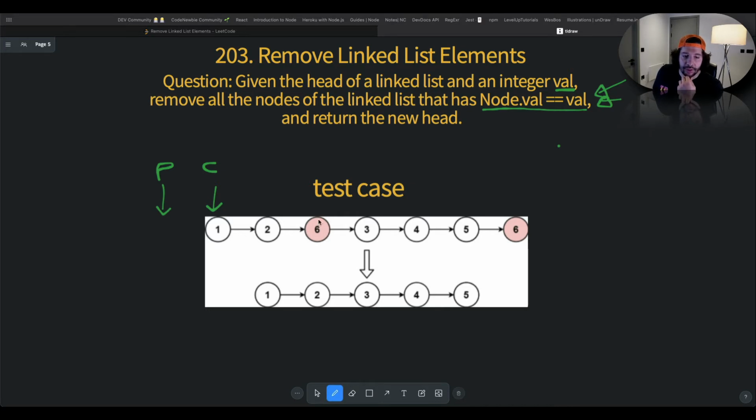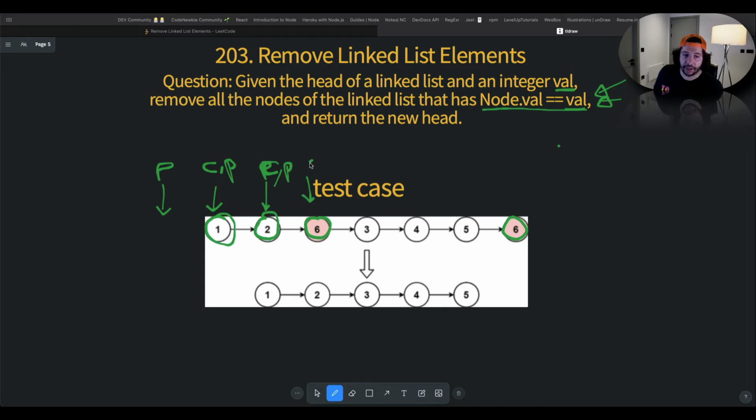So let's assume now that we have the number 6, which is here and here, as the integer val. So what we need to do is, first iteration, the value of the node is 1, so we just need to move one position to the right both pointers. So that's the previous new and that's the current new. So current has the value of 2, that's not equal to 6. So we continue moving our pointers one position to the right,